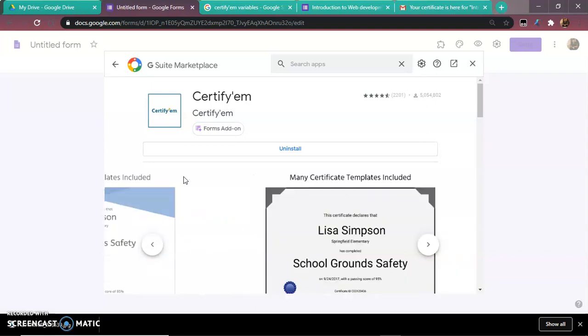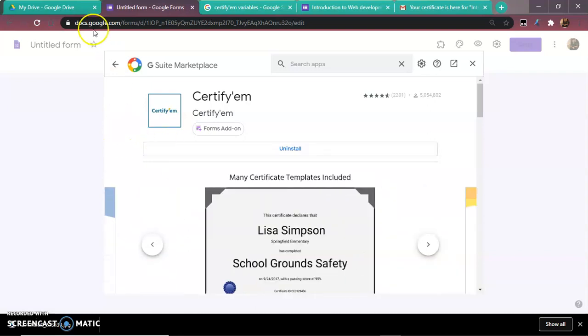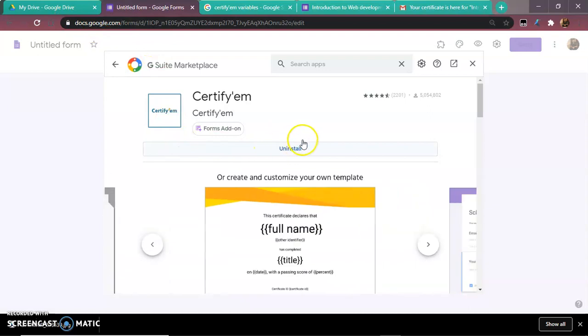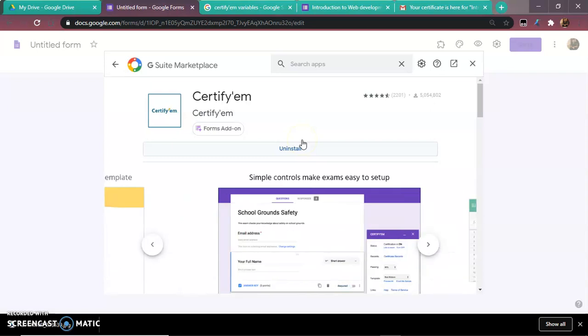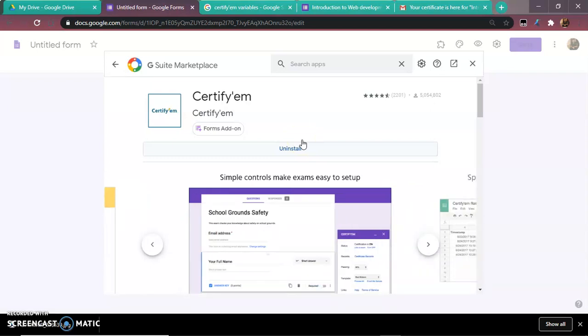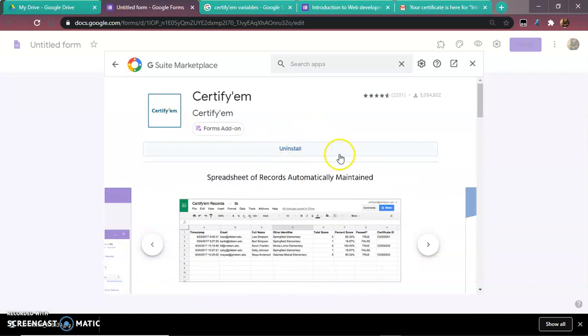If you are a general user and have signed in with your personal account, then you can find only the install option, installing which you can generate just 100 certificates per day.